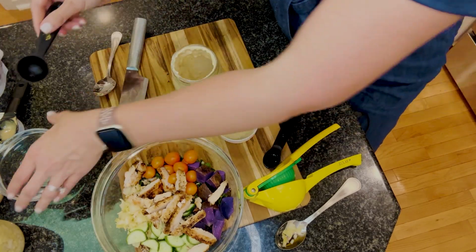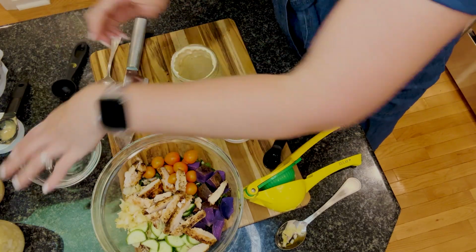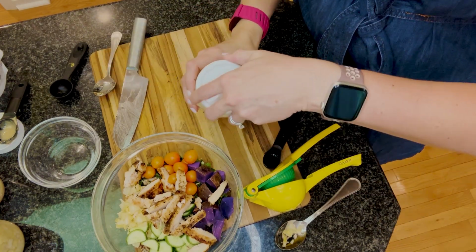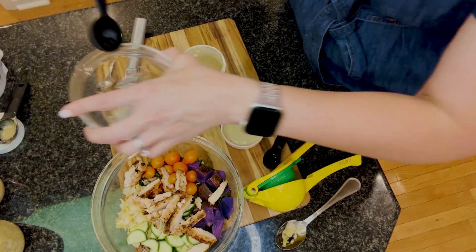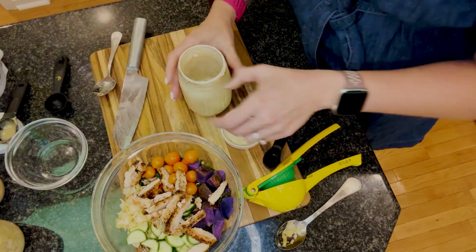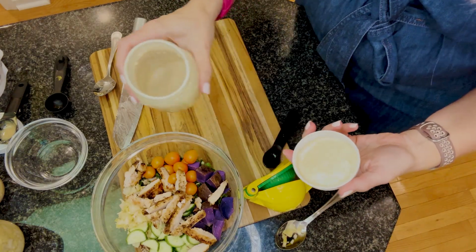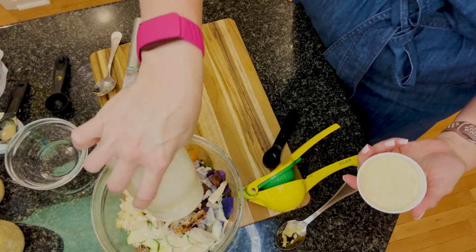Probably, yes, I do need some water here. It is rather thick, so we'll start with 1 tablespoon and go from there. You can always add more, but subtracting is pretty hard. All right, I want to make sure that this is thin enough to coat everything. So I'm going to shake that up. All right, that looks really good. So it is fairly thin, but I'm just going to top that right